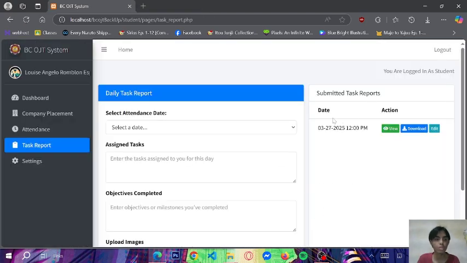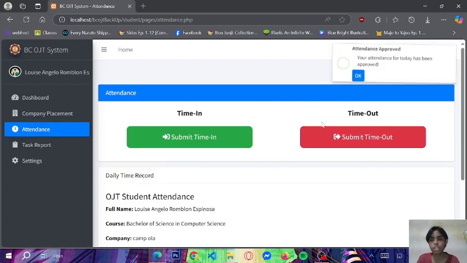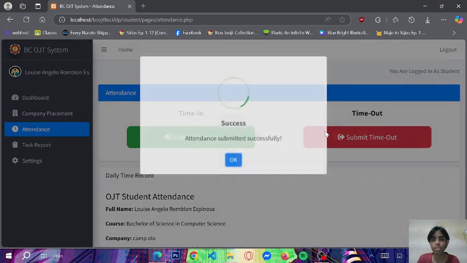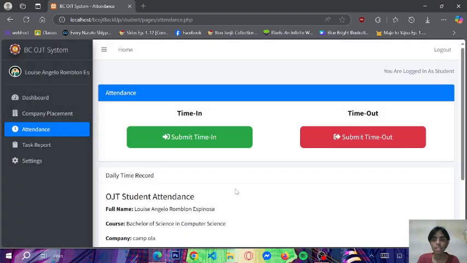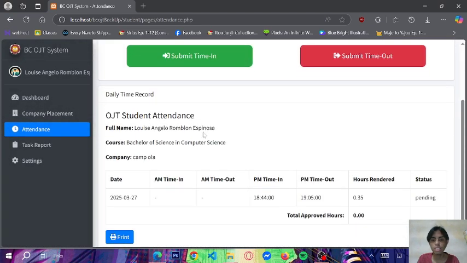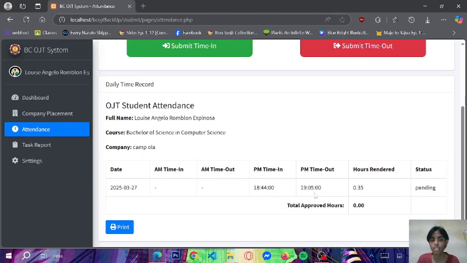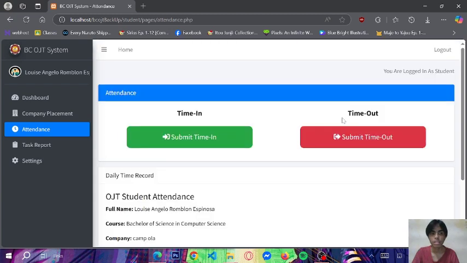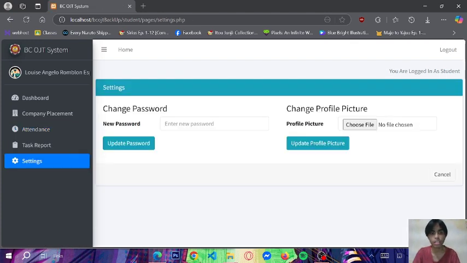When you want to submit the timeout, you can go to the attendance page and submit timeout, and you can see it in the daily time record, which is here. If you want to change your password or your profile picture, you can go to the settings page. Here you can update your password